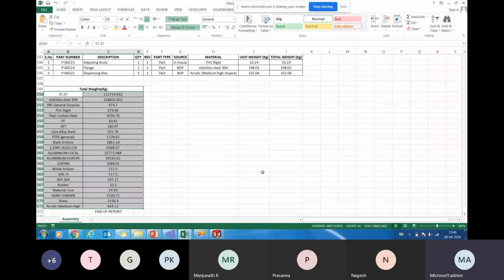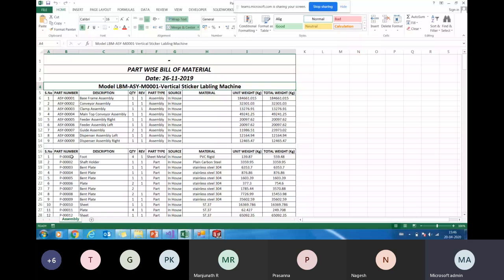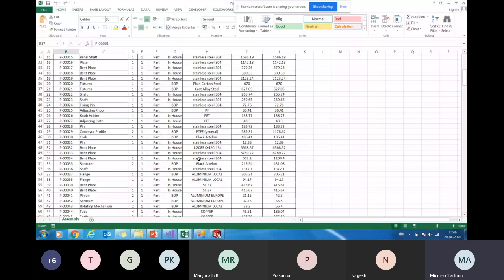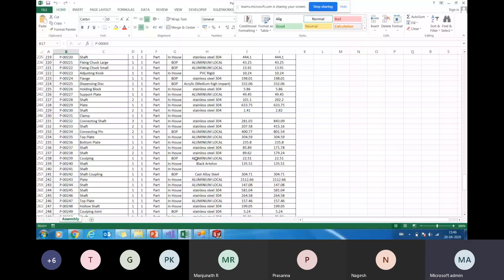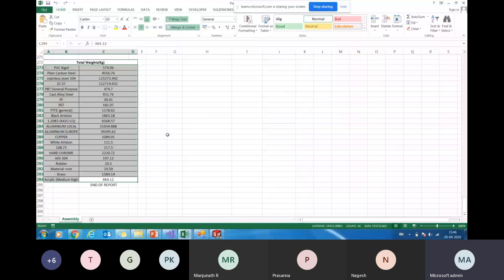So this you get with all your design related ones. If I'm creating a part list, I will get this same list. Say I'm creating a segregated part list, which is for production purpose. This has its own composition. In every item, it will have the complete material composition, total material, and the weight.